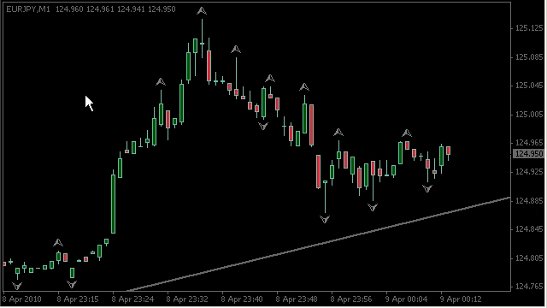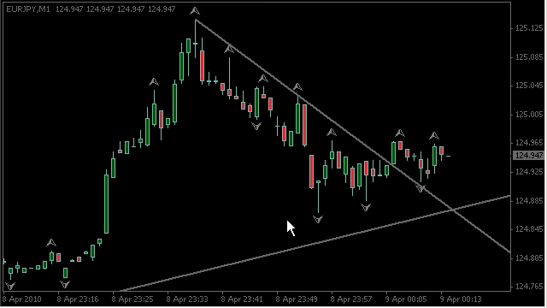So what we would normally be doing is drawing some kind of trend line down across the tops here, and we'd probably enter on just the break of this point here. Now at the moment, on this particular break here, that possibly wasn't a good entry because price hasn't continued on in our favor. So what fractals are doing for us in this situation, and just bear with me because this is quite a subtle thing to get to grips with, is that